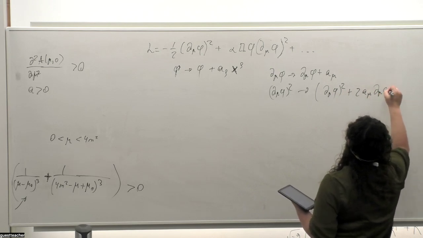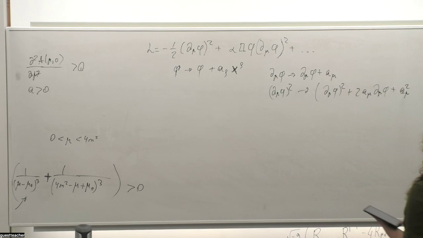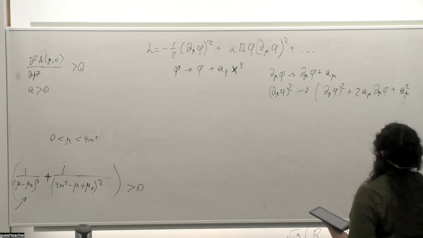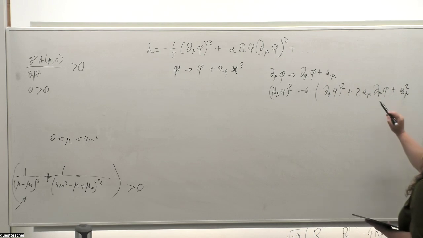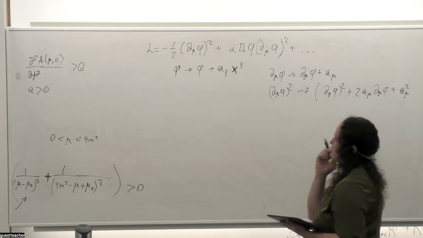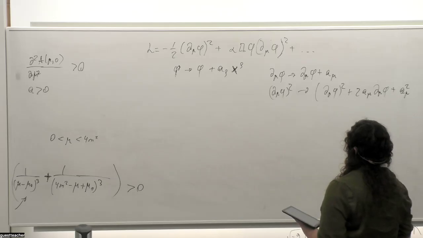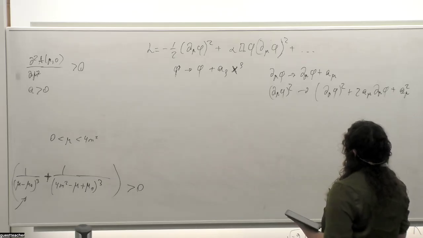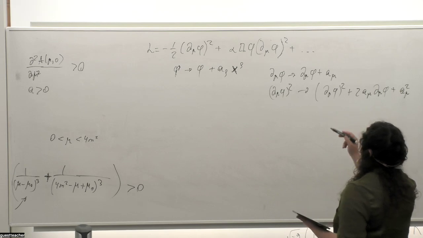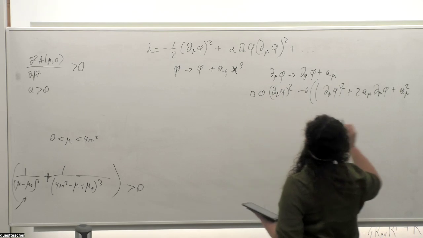(d_mu phi)^2 is transformed to (d_mu phi)^2 plus 2a^mu d_mu phi plus a_mu squared. For the kinetic term, it is invariant because we are getting these additional terms, of which this one is a total derivative and this one is just a constant, which can be added to the Lagrangian. Of course, we consider no gravity at this moment, just field theory. And if we multiply it by box phi, which is not transformed,